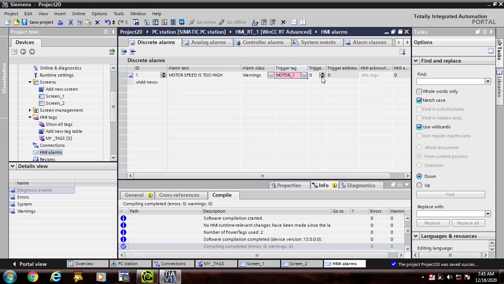to my alarm, and its value should be 60. Its trigger value, I have to write here. Its value is 60.